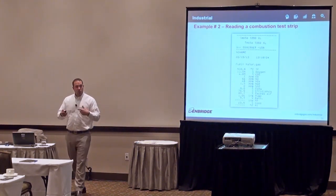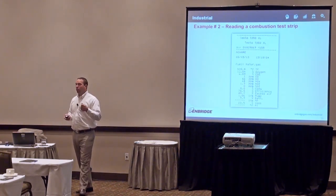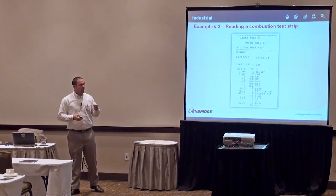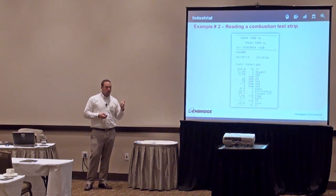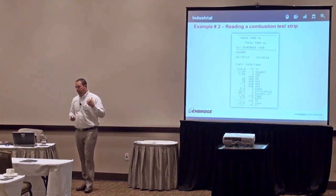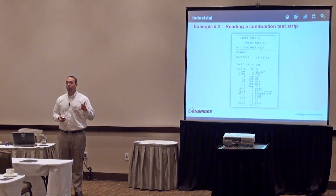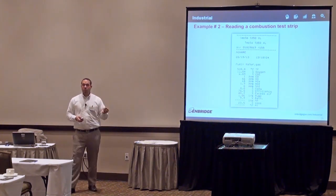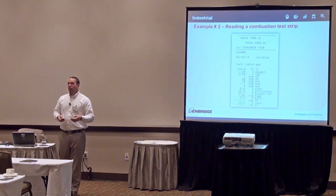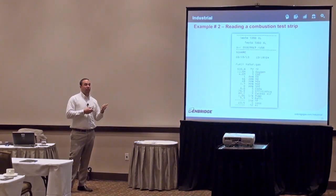So how does this relate to you guys? Well, I'm assuming either annually or semi-annually, you have your boiler maintenance supplier do a combustion strip for you. So let's take a quick minute to look at that combustion strip, because everything we've just talked about in that table, this is how we get that information. We can take that strip that we get from them, and instead of just filing it until next year, I can show you guys the information we want to look at on the strip that can help you ask the